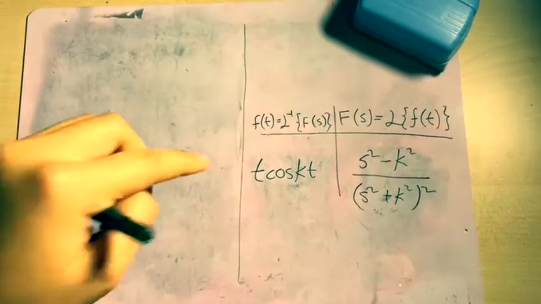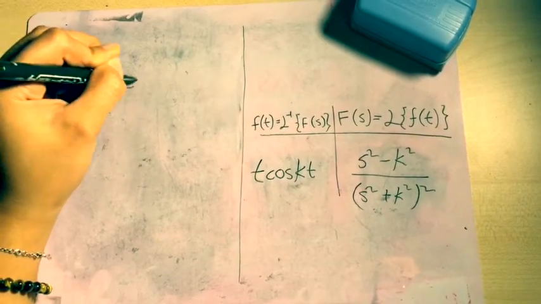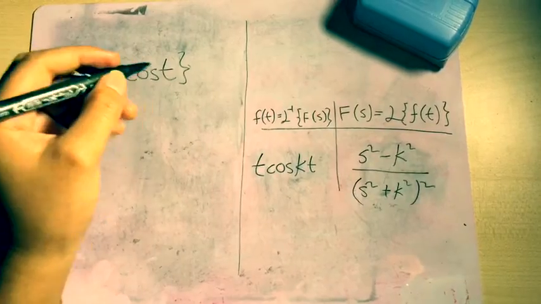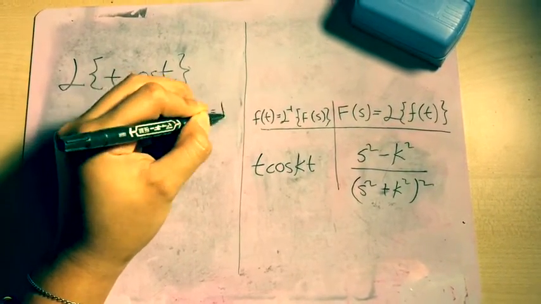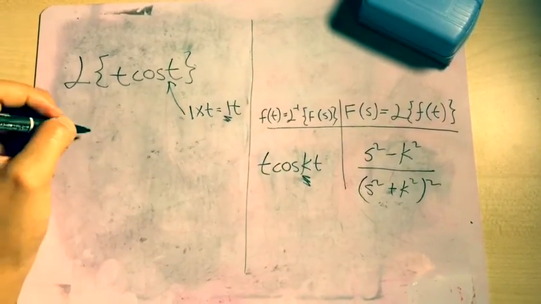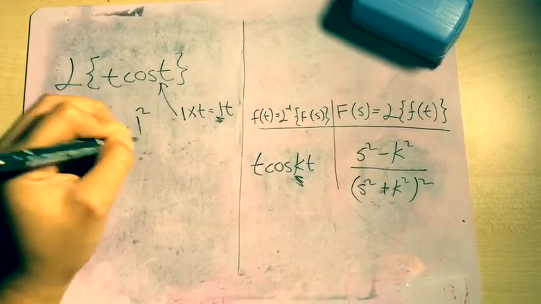Here's another straightforward function. So if you were given t cosine t, that will equal to, note that this is 1 times t, which gives you 1t. So 1 is the k. So just replace that, you'll get